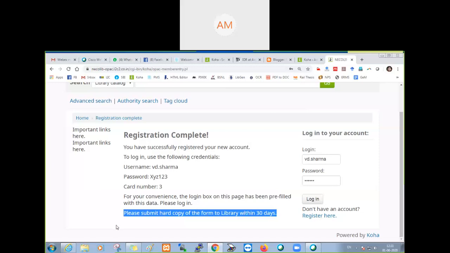Is it fine? You can give 2-3 lines more. So just after the form, the student will get some instructions. So they have to submit a hard copy of the form. The limit is 30 days. That is the thing. Because in our system, the authority is always asking for hard copy. So you collect a hard copy of the form along with their admission fee receipt. And accordingly, I will show you my hard copy, how we are collecting the data, how to verify which student data is what, how to verify.